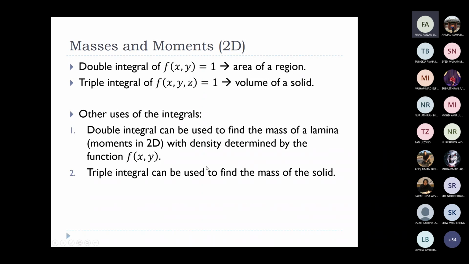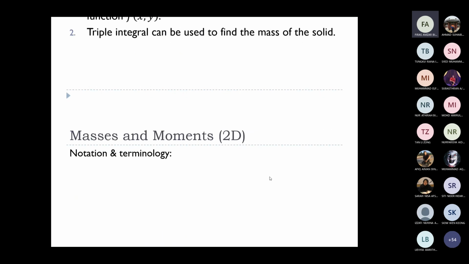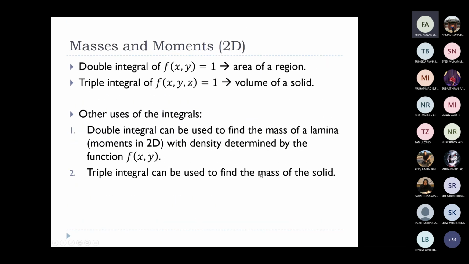Okay, so triple integral can be used to find the mass of the solid. Kita nak dapatkan berapa jisim solid terbabit. So kita akan menggunakan